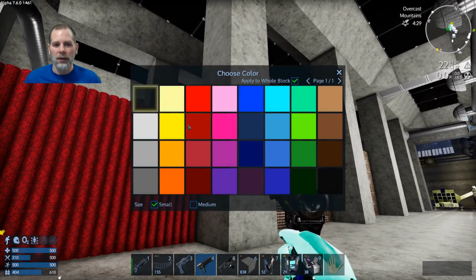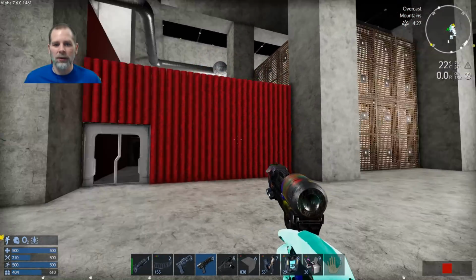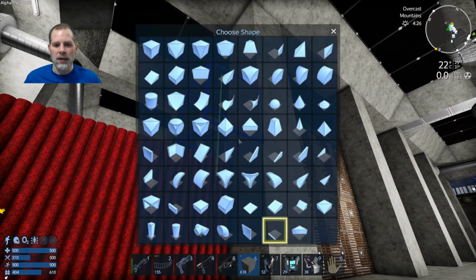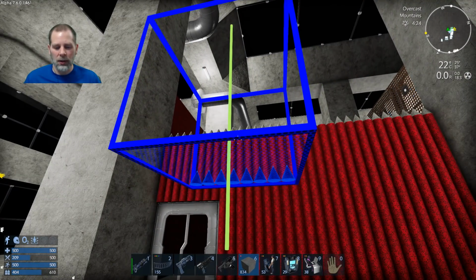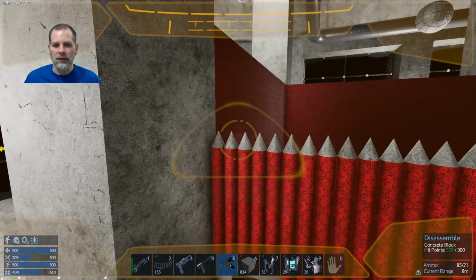And so we can do that. And should I make that a third block tall? Or should I even put these pretend spikies on the top? The fun little spikies. Does that work? I don't think it does. I don't think it does, even if I put...